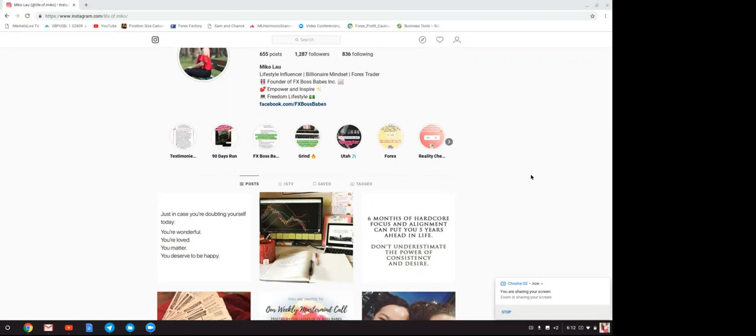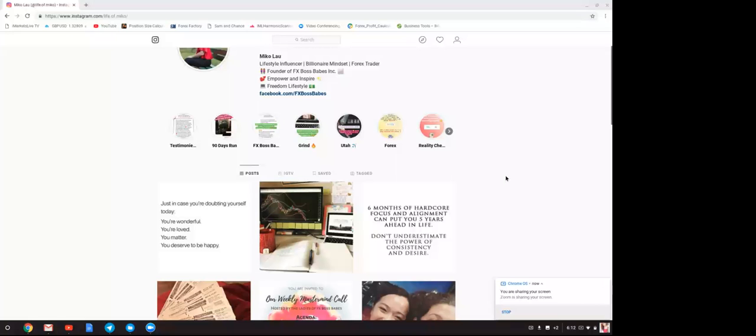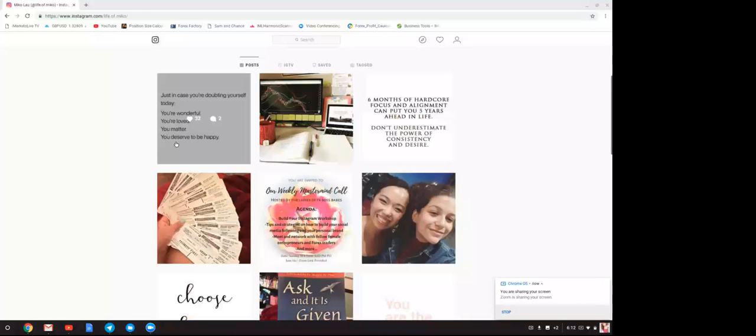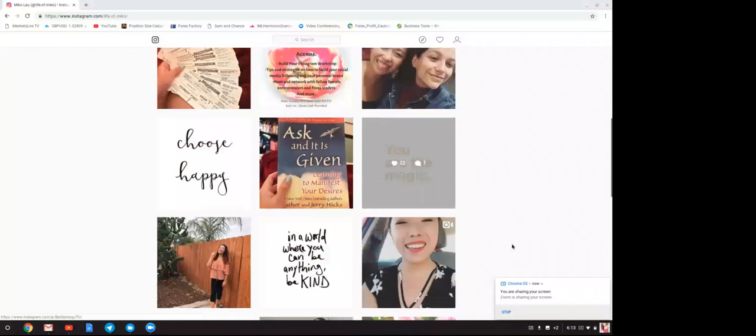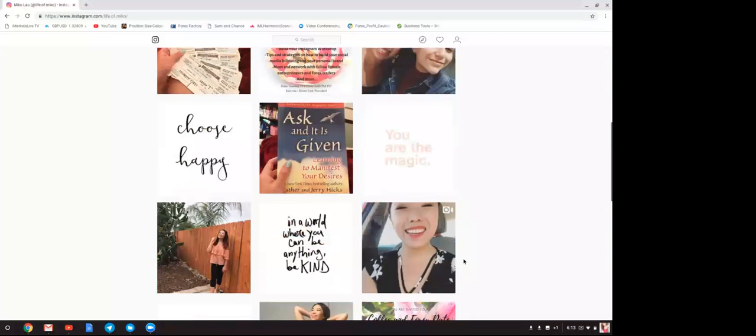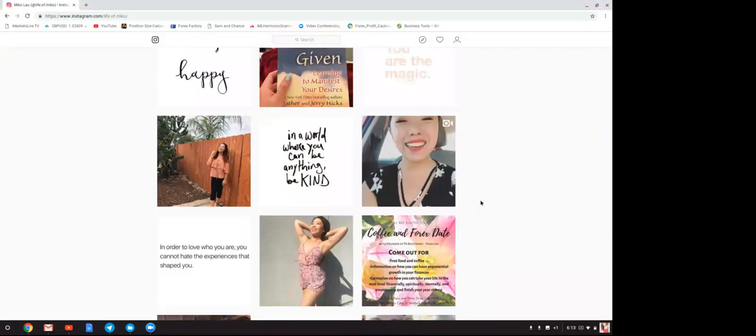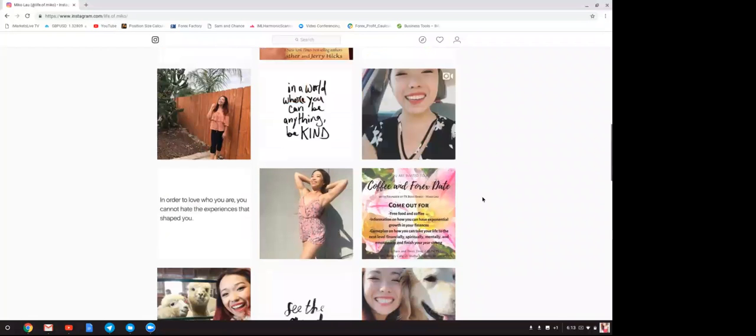I don't have a super clean format, but what I do is a quote, a picture, a quote, and then a picture, and then something with a more white background to contrast each post, just to make it look like there's a style. I'm not following that perfectly every single time, but that's what I try to do.